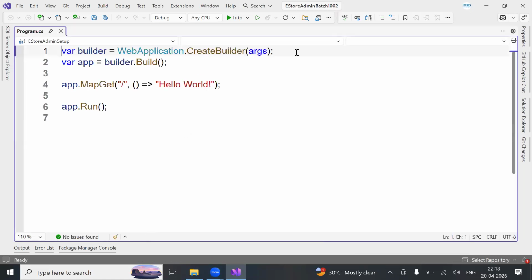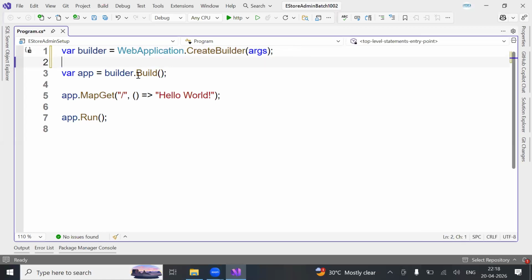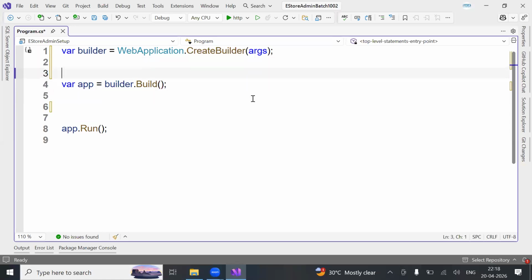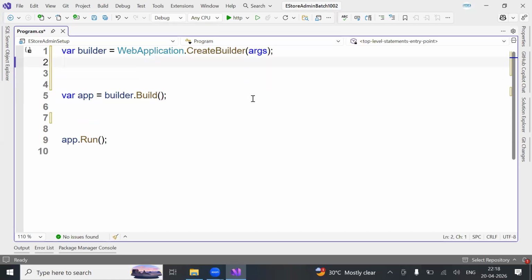You have the WebApplication.CreateBuilder(args) method, which we already discussed. Before the Build method, you can inject all your services. After that, you will have a Run method. Now what I'm going to do, I'm going to remove this. Okay, only 3 lines of code will be available. Before I do anything,